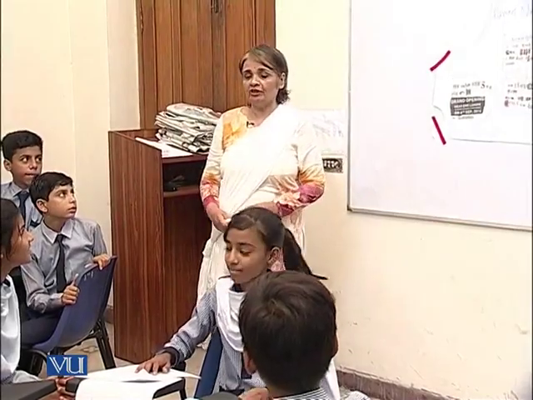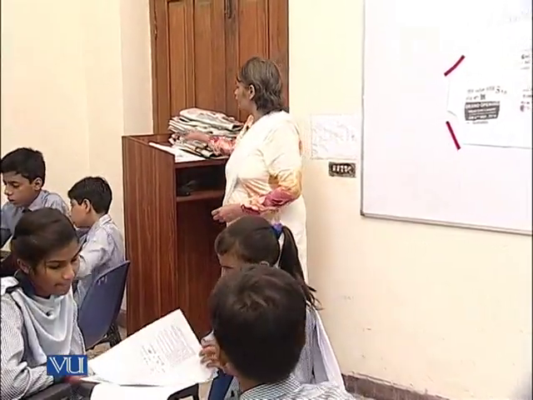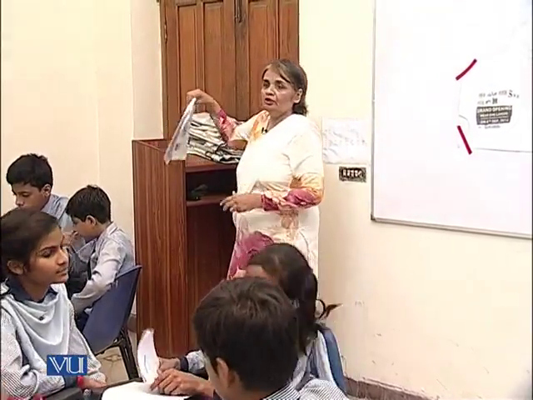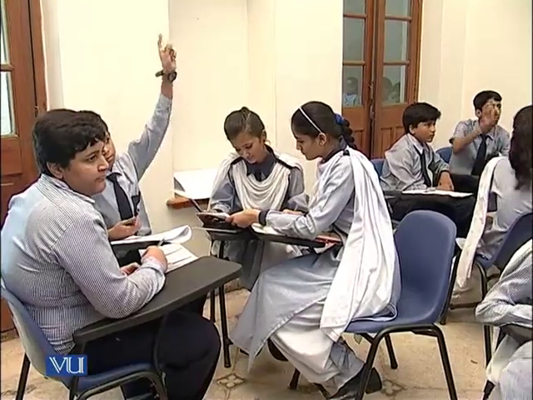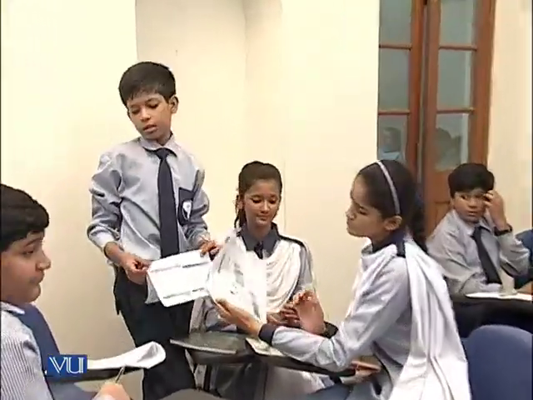Let's look at page 3 now. You can see that there is some information given in it. What kind of information is there? Yes? The information is given that we should not play at the road, we should play at the ground, and we should follow the safety rules also. Very good. Okay, you tell me, do you follow some rules when you are playing? All the rules of not playing around or near or in the road. I play in the ground where I have to and other things.